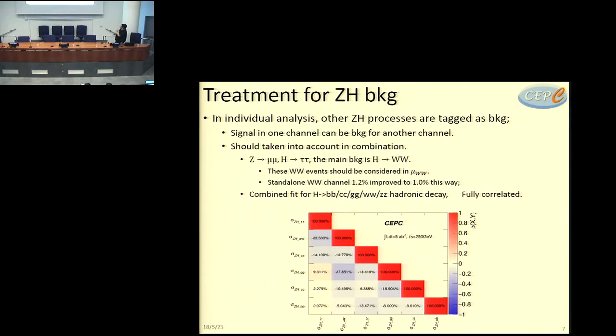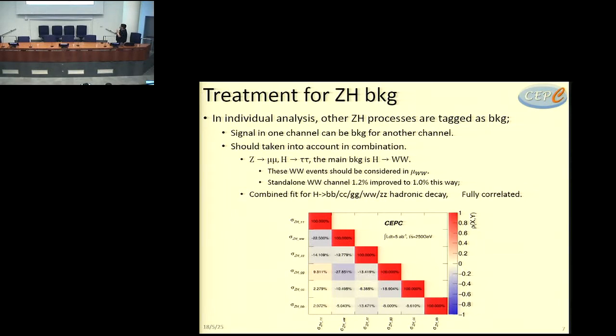And in this case, we should take into account the combination. For example, in the Z to mu mu, Higgs to tau tau channel, the main background is the Higgs to WW. And these WW events should be considered in the signal strength of the WW channel. And here we can see the WW channel precision is 1.2%, and how it can be improved to 1% in